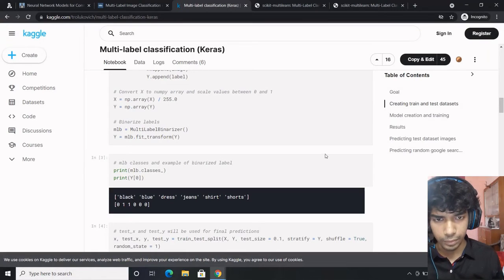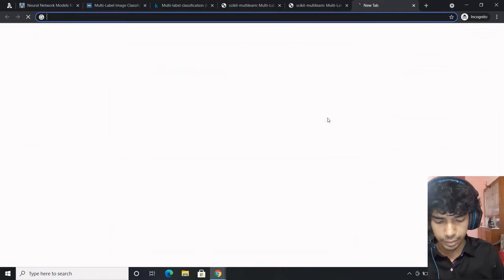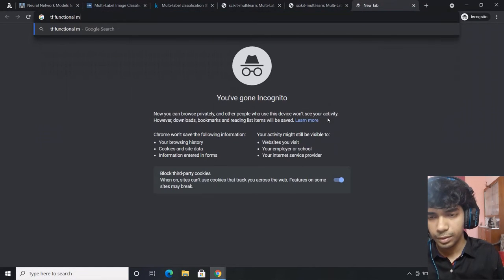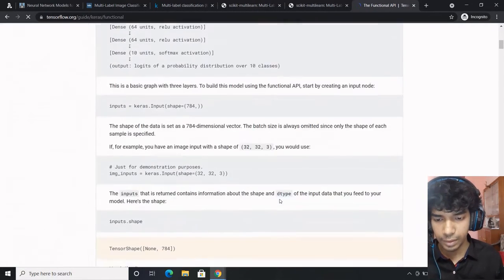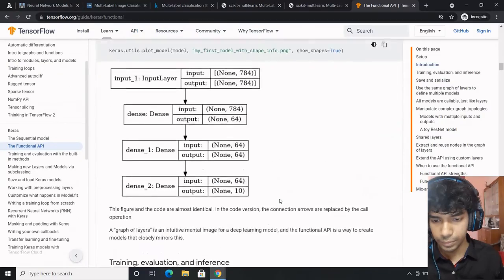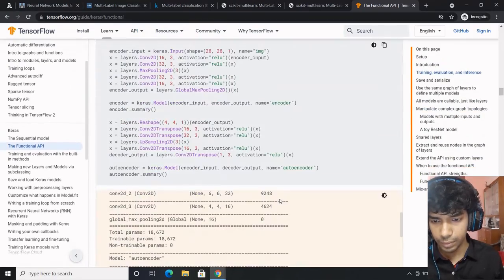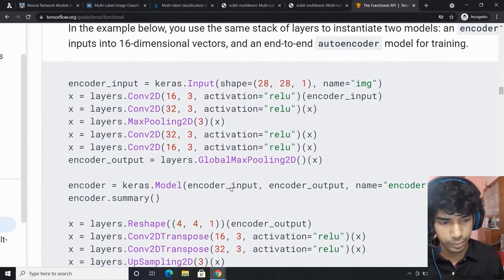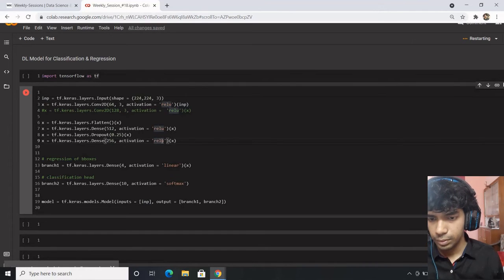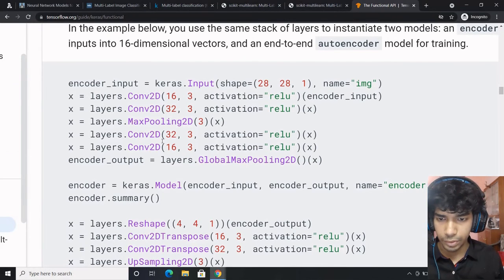Something is going wrong with the model building. We can quickly check the TF functional model. I think I'm doing something wrong over here. So how are you going to do it? Input. I think that's how I also did. Strange.